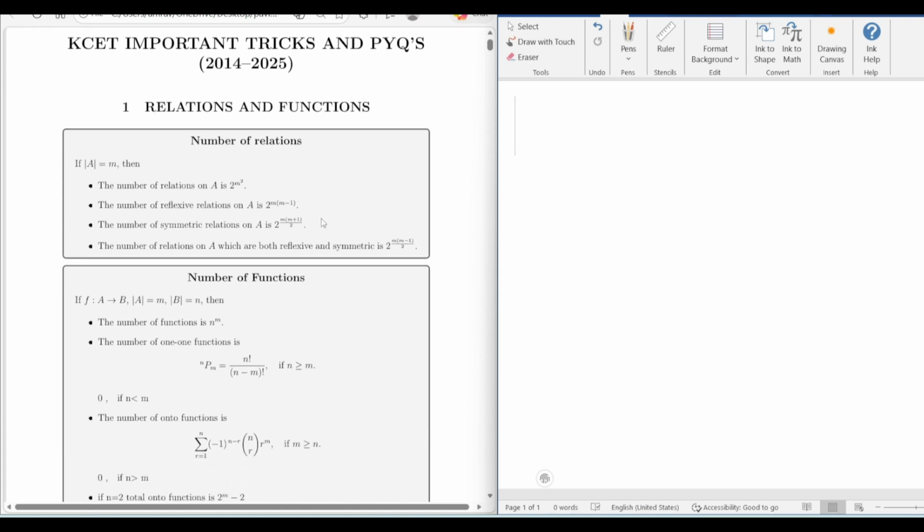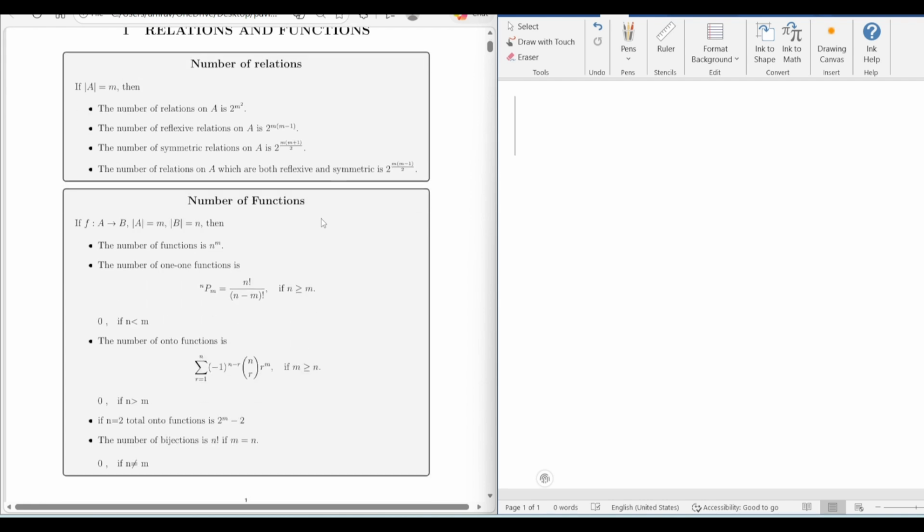And here I have mentioned few important concepts related to that. It's better you make a note of it, and I'll be making use of all this whenever required in